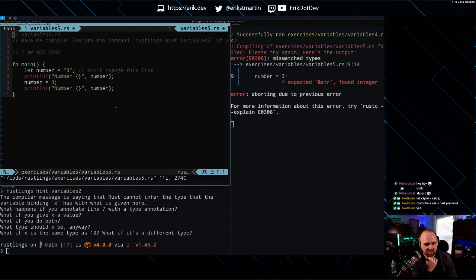Mismatched types. Okay, so we've got a string and we've got an integer type. What are you wanting us to do? Some of these exercises aren't very clear because there could be a number of ways to solve this.